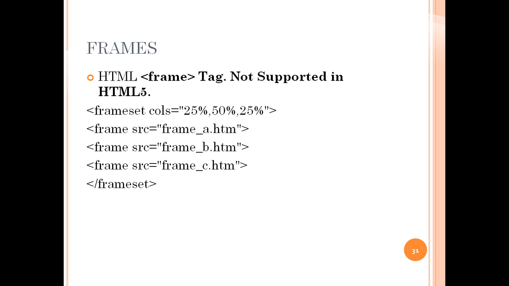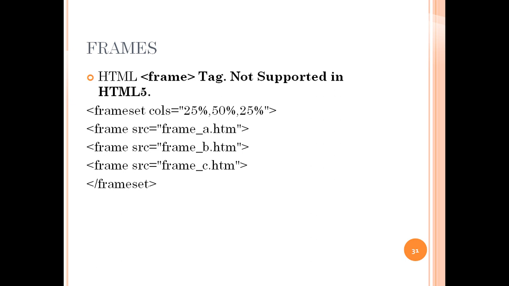Next, coming to HTML frames. They are used to divide your browser window into multiple sections where each section can load a separate HTML document. A collection of frames in the browser window is known as a frameset. The window is divided into frames in a similar way to tables organized into rows and columns. To use frames on a page, we need to use the frameset tag instead of the body tag. The frameset tag defines how to divide the window into frames. The rows attribute of the frameset tag defines horizontal frames and the cols attribute defines vertical frames. Each frame is indicated by the frame tag, and it defines which HTML document shall open in the frame.